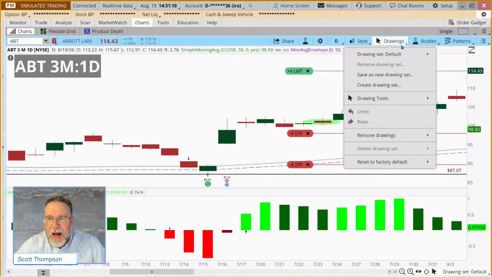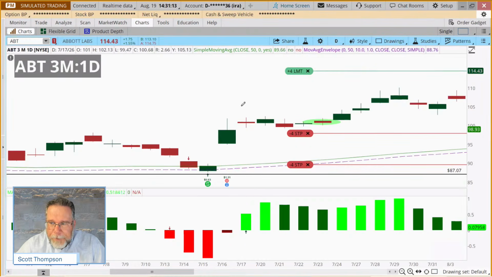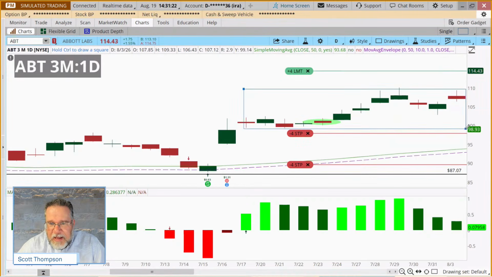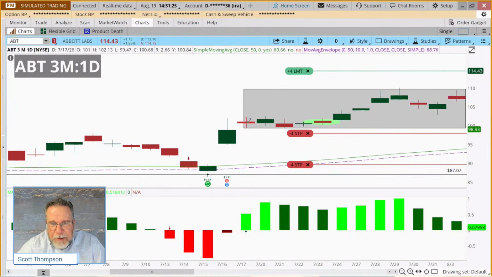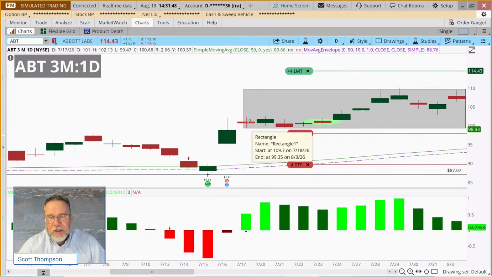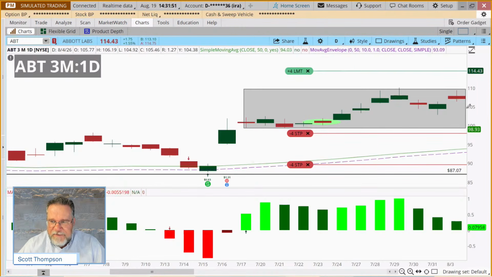I'm going to draw a little box around this valid purchase period, which I think is right through here. If we bought it the day we got the buy signal, the closing price was $100.68. And if we bought it at the absolute worst time, probably up there at the high, it was 110.04. So between $100 and $110 is our valid buy signal.